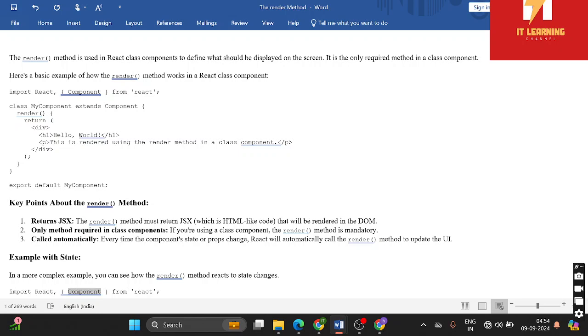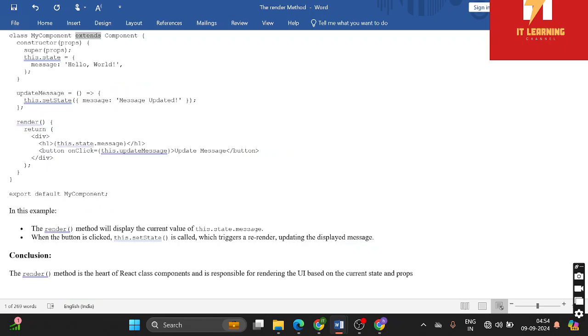Import React, { Component } from 'react'. class MyComponent extends Component { constructor(props) { super(props); this.state = { message: 'Hello World' }; } updateMessage = () => { this.setState({ message: 'Updated!' }); }